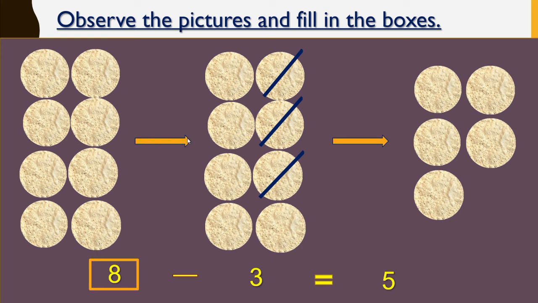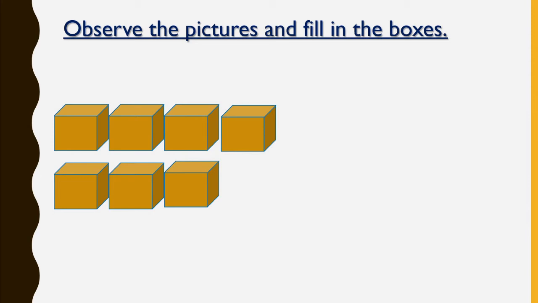Correct? Now arrow mark. Now here how many papads are cut? 3. Means 3 papads are taken away, otherwise 3 papads are eaten. Right? So 3 written here, 8 minus 3 is equal to how many remain? 1, 2, 3, 4, 5. 5. So number 5 is here. 5 papads remained. See, I am using remained, eaten. Isn't it? Okay. Got this, children? Yeah? Let us move to the next example.